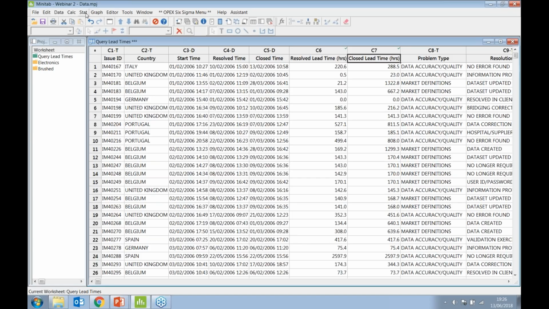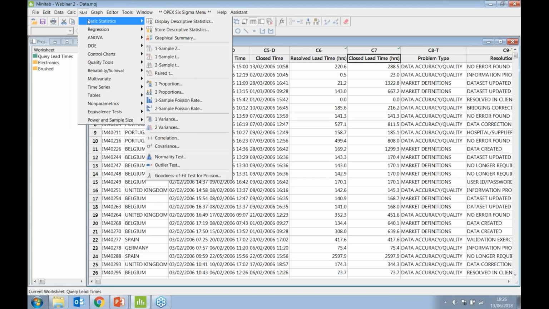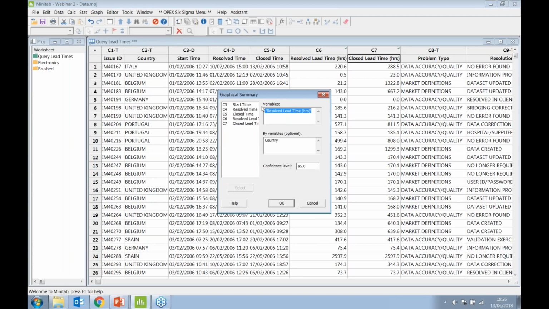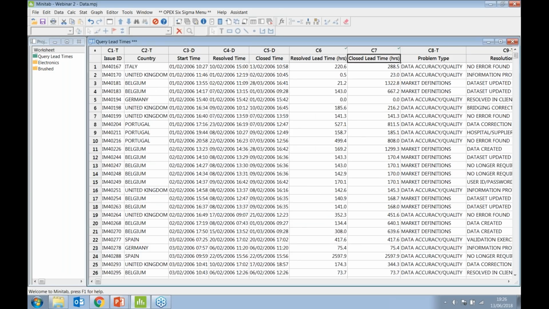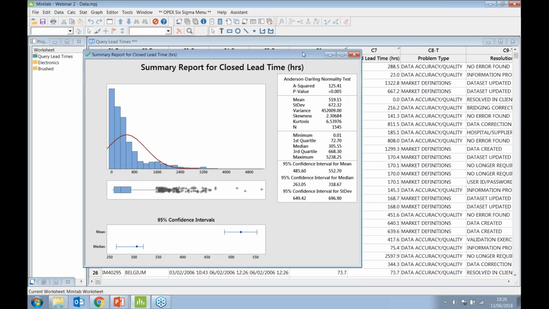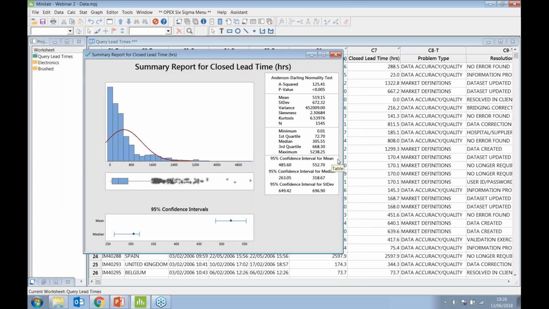So first of all, I'm going to go to Stat, Basic Statistics, Graphical Summary. Okay, and I'm going to put in closed lead time. So we're analyzing closed lead time, and I'm going to click OK. Now, graphical summaries provide you with quite a lot of information in one area. It's worth noting, by the way, you might not need all of this information. Sometimes it's a little bit too much information for presentation purposes, but it can be useful for you in